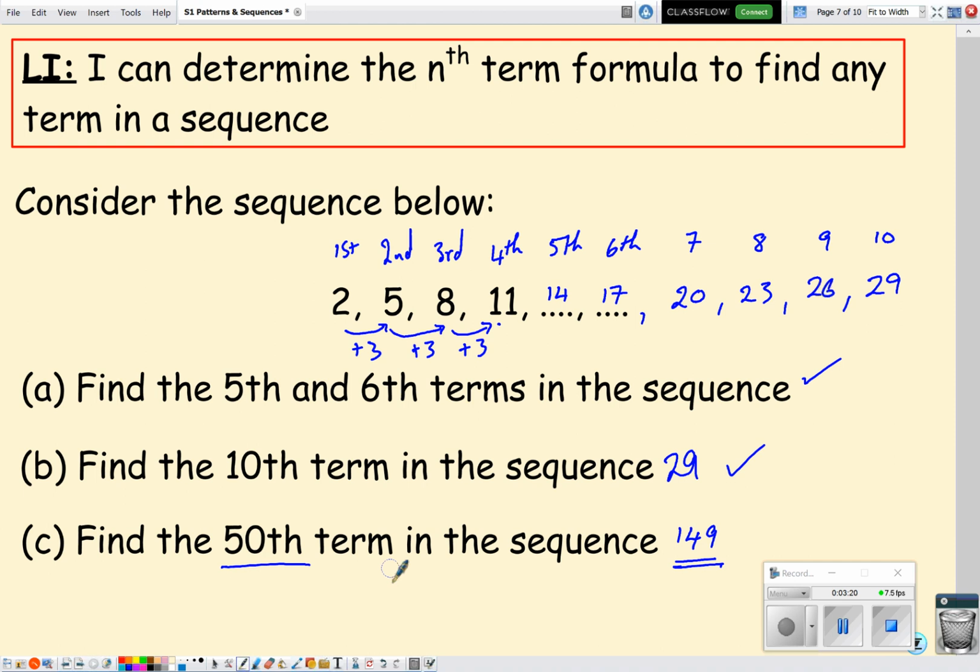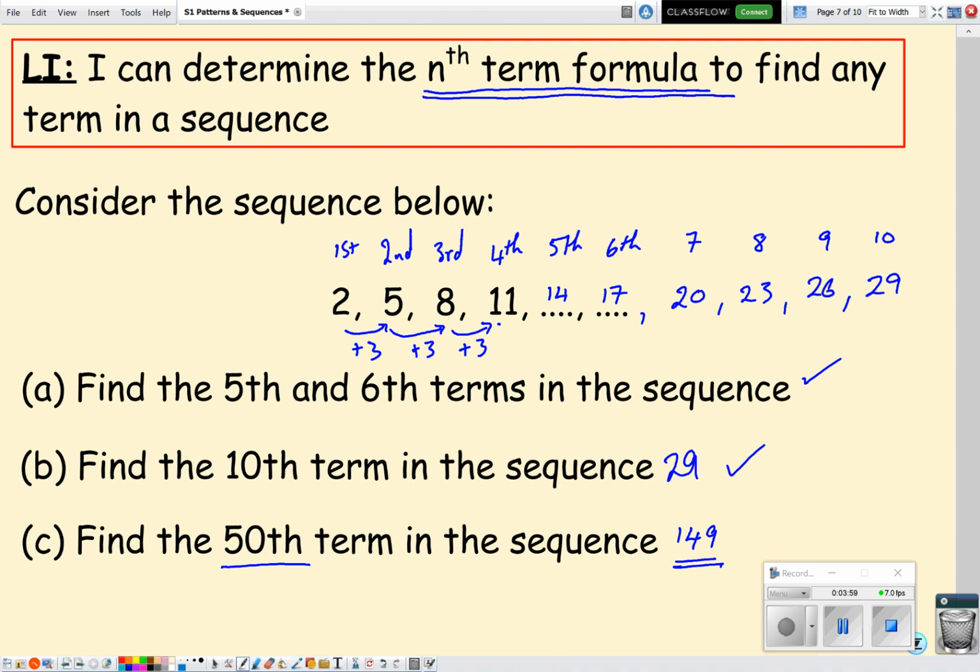I suspect some of you may have given up trying to work it out, but the only really surefire way you'd have maybe got to 149 is if you'd actually written out all 50 terms. So the first 10 takes you to 29, the 11th term would be 29 add 3, 32, and so on. If you did that, that's probably the easiest way for you to get 149. This lesson is all about using a formula, and that's called the nth term formula, to help us